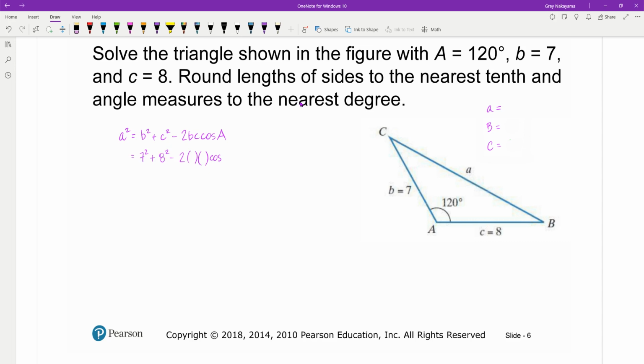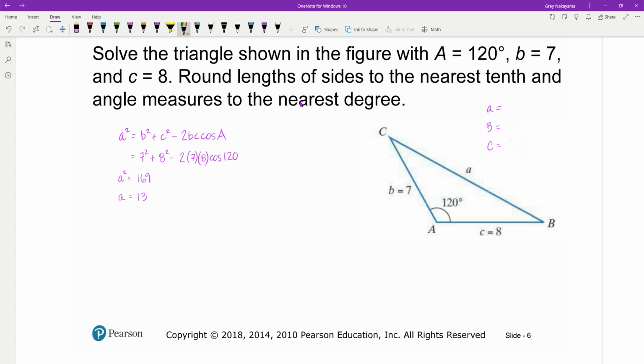C is 8. And then I fill those in again. And my angle between those two, which is opposite the side I'm looking for, is 120. So you put that in your calculator, and you've got to be really careful. One of the things you need to pay attention to is that this is A squared. This is not A. So then you have to take the square root of both sides